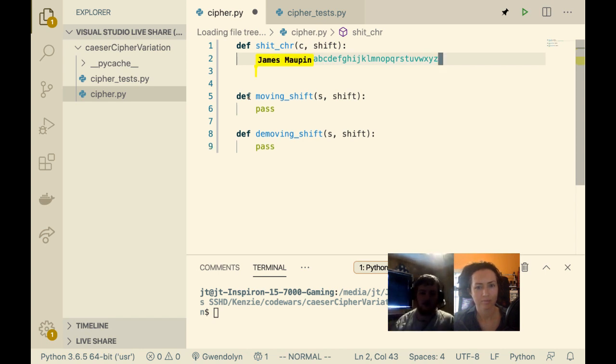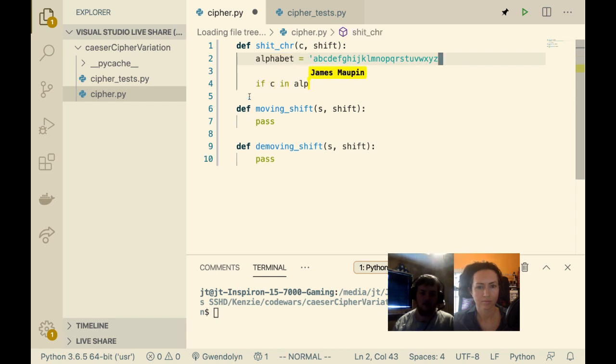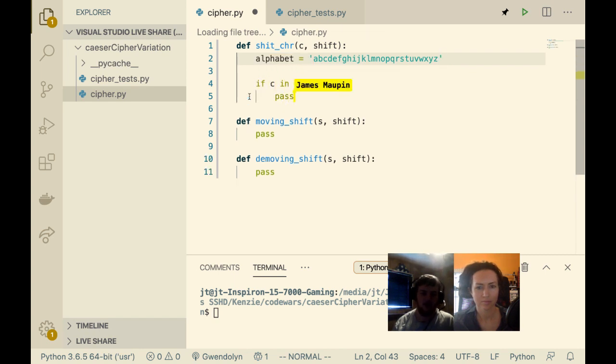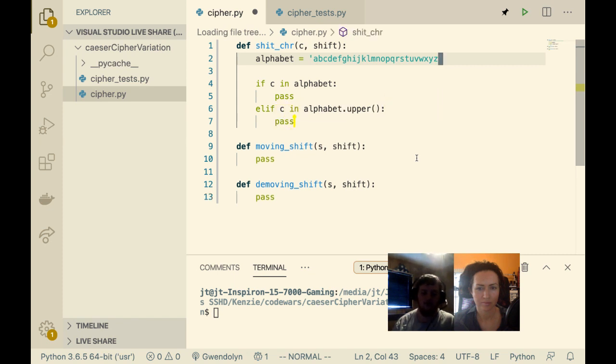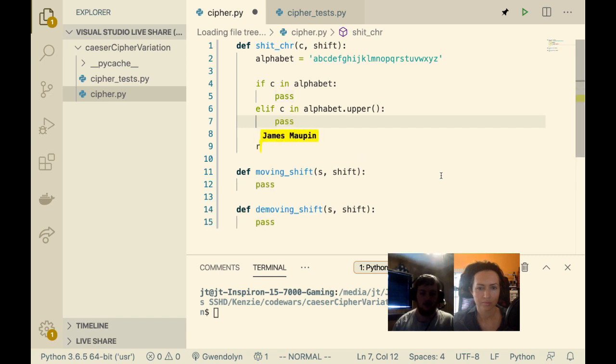So then we could do something like if C in alphabet, we'll just pass for now. Then elif C in alphabet.upper, right? Is that how you do it, or is upper a function that I pass around the alphabet? No, I think it's a method here. Okay. And then if neither of these two do anything, we can just return C, right? Because anything that's not going to be in this alphabet, we just don't touch and we leave it as is. Okay.